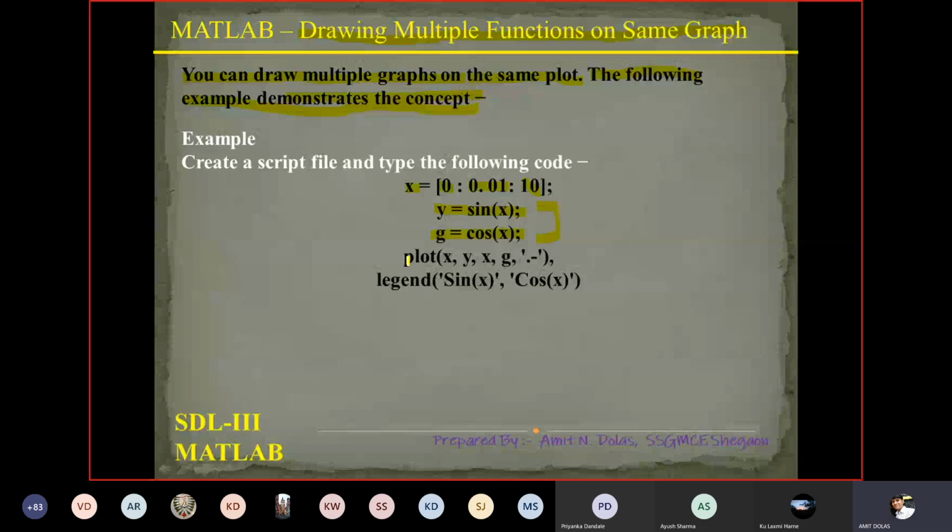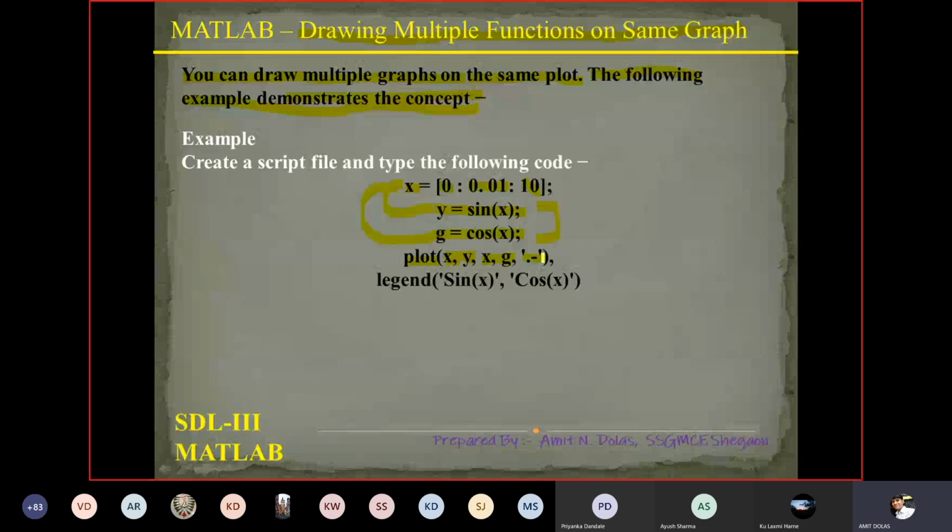So plot is the instruction to plot the graph. x, y are the axes on which we have to plot x and g. So x is plotted with y, and x is plotted with g. So you will have the combination of x and y, and the combination of x and g.